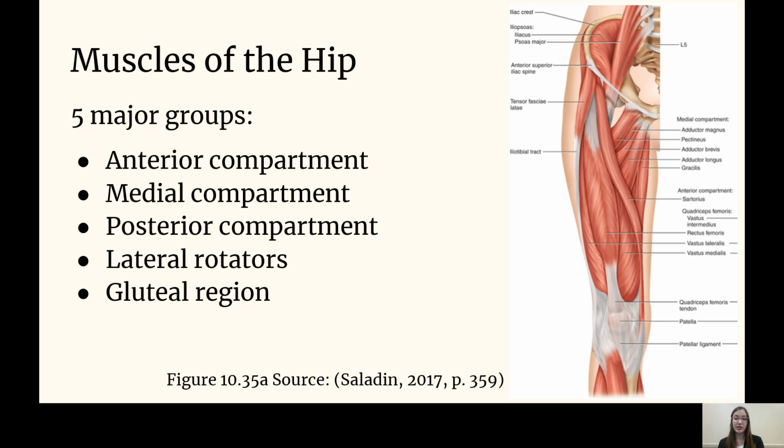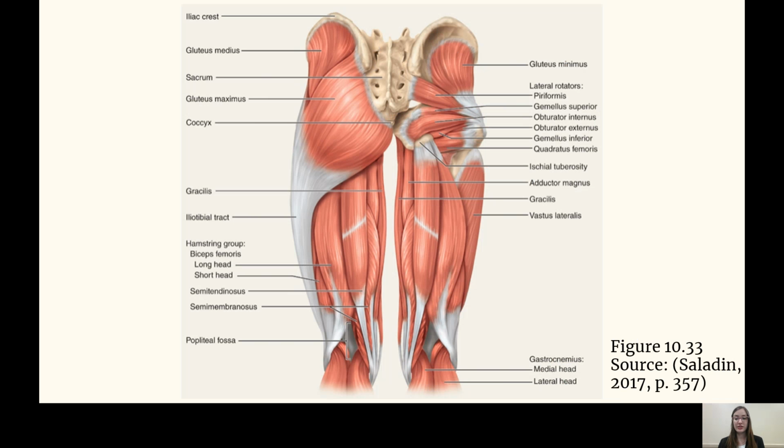The anterior compartment includes the quadriceps femoris and the vastus muscles, and its main action is hip flexion. The medial compartment runs down the middle of the thigh and includes the adductor muscle group. And this next image shows us